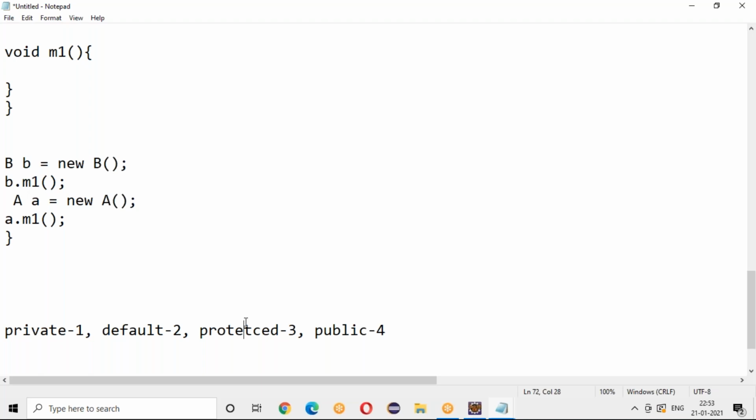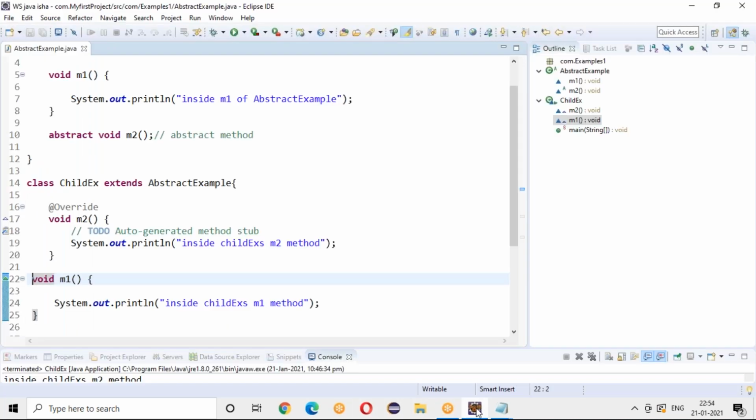Seems confusing? Yeah. Okay, don't worry. I'll come from the beginning. But protected can also be accessible via another method, right?